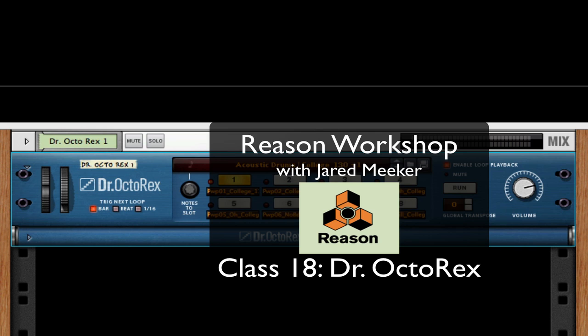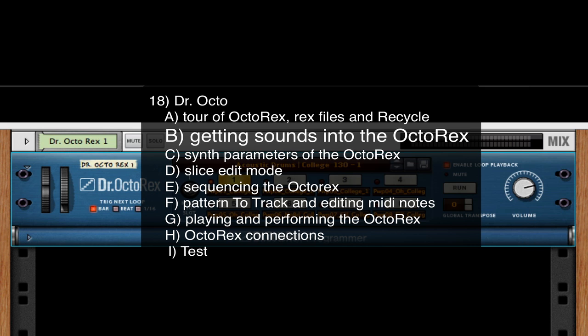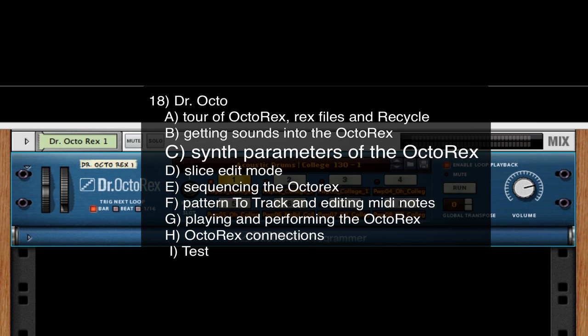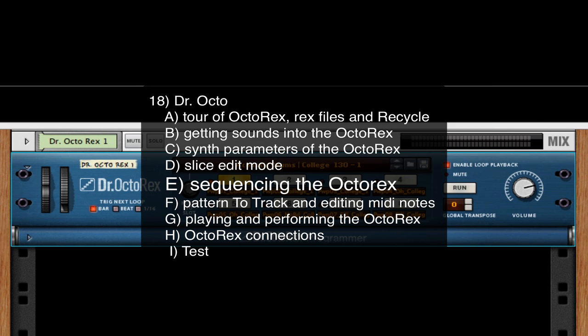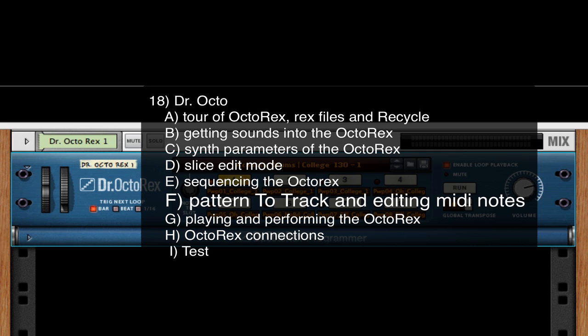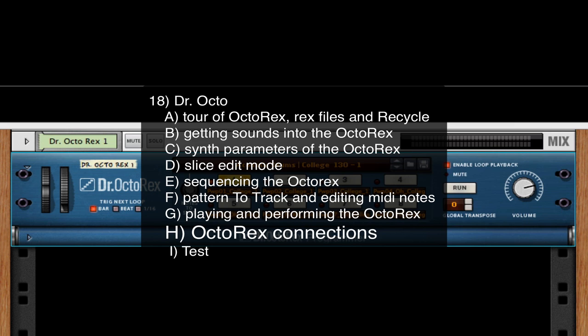Welcome to Reason Workshop Class 18, covering the Dr. OctoRex. We'll start out and go over a tour of the OctoRex and Rex files and Recycle. Then we'll go through getting sounds into the OctoRex, then synth parameters of the OctoRex, then slice edit mode, then sequencing the OctoRex, then pattern to track and editing MIDI notes, then playing and performing the OctoRex, then OctoRex connections,